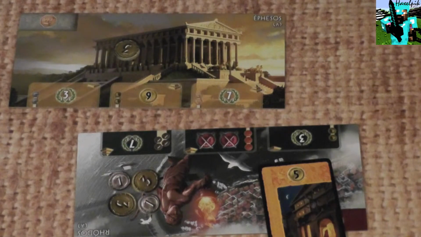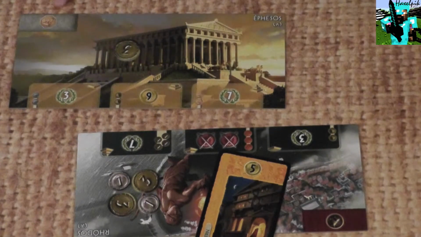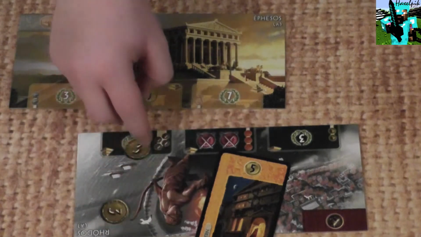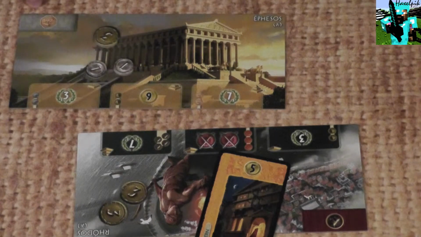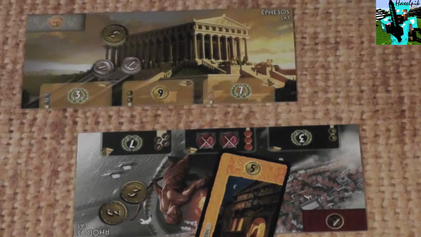If Rhodes, who automatically has 1 ore, and Ephesus, who automatically has 1 papyrus, for some reason Rhodes wants a papyrus, they don't even have to ask, they can just pay Ephesus 2 money, or 2 coins for their 1 papyrus. And you can do that with all adjacent